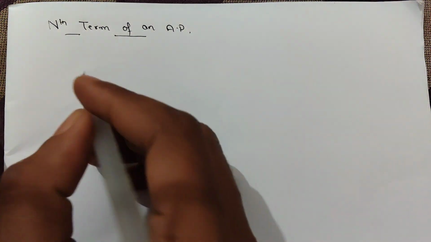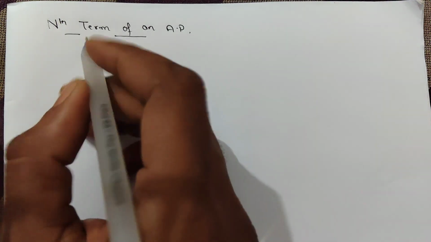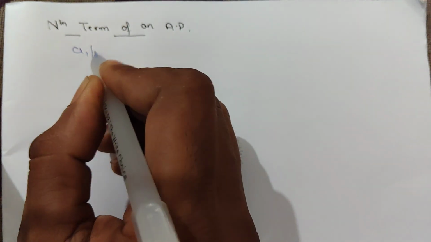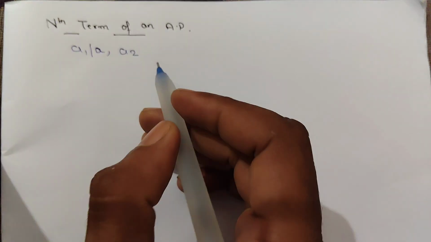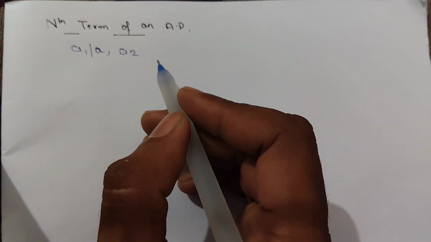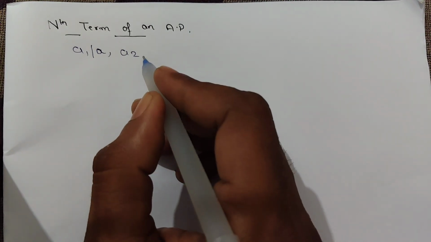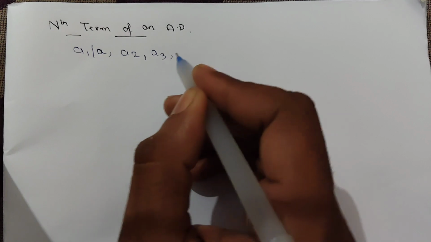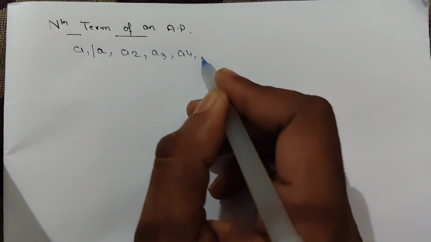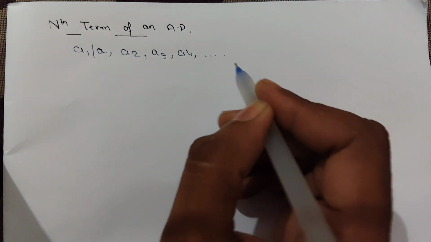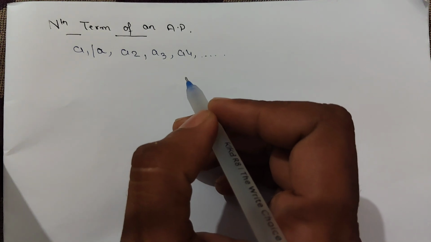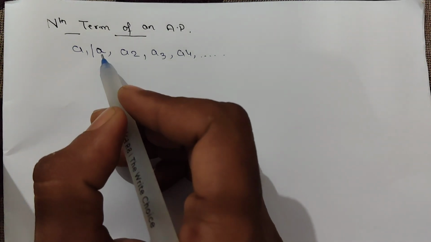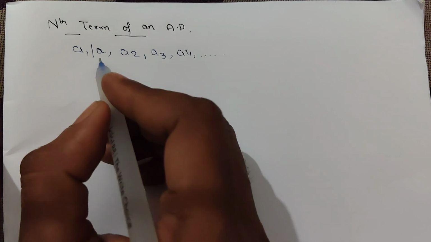We know that in an AP, A1 is the first term. You can say A1 or A, both are equal. Next, A2 is the next term, then A3, A4, and so on. This one we know. So A1 equal to A, both are the same thing. Now, if I want to find out